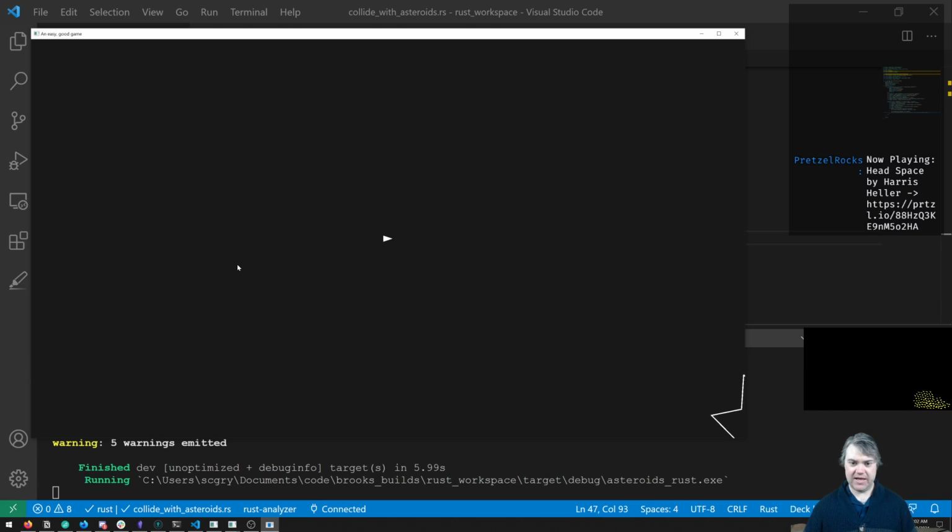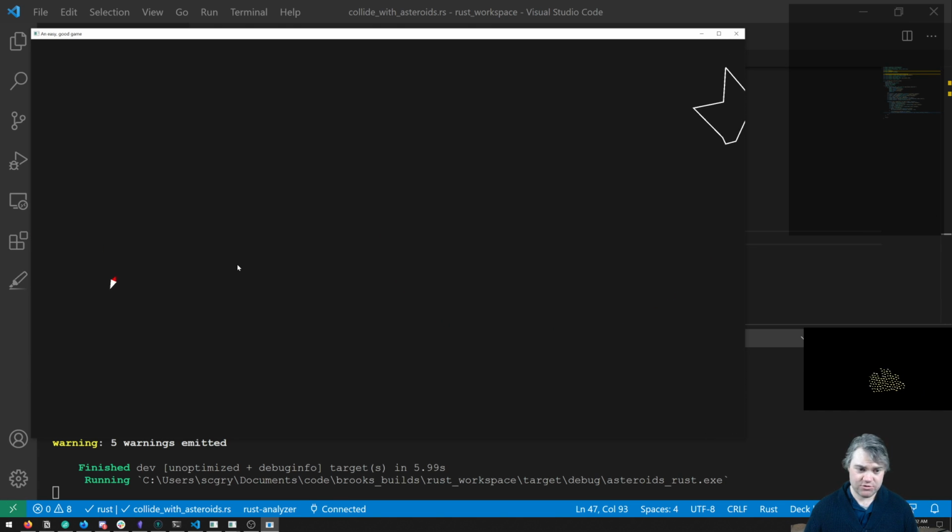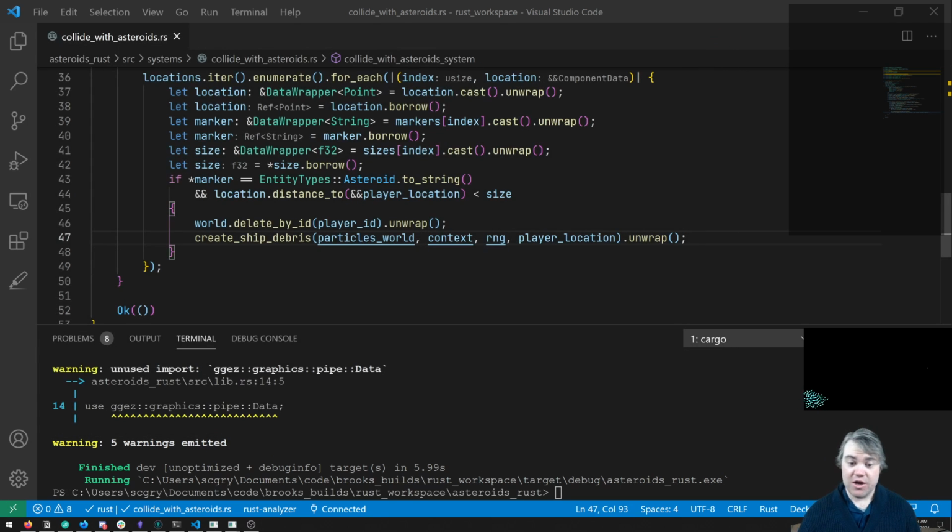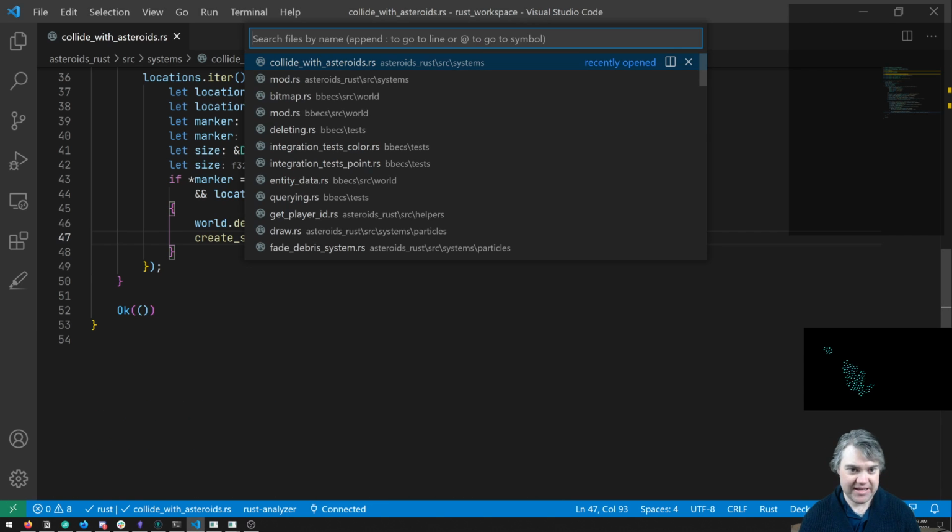Yep. I can press enter, we get our player, I can then fly around. I only have one asteroid right now. I'm thinking maybe a leveling system. I died and therefore I get the debris and the ship disappears. Okay, perfect. So what I'm thinking is in our main library,